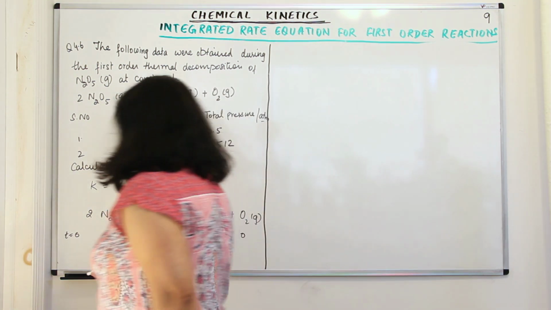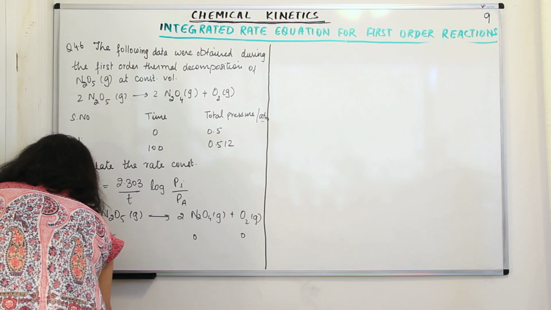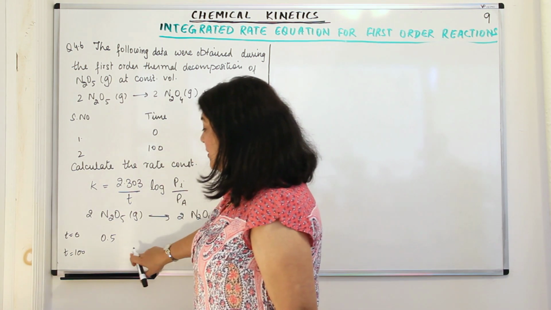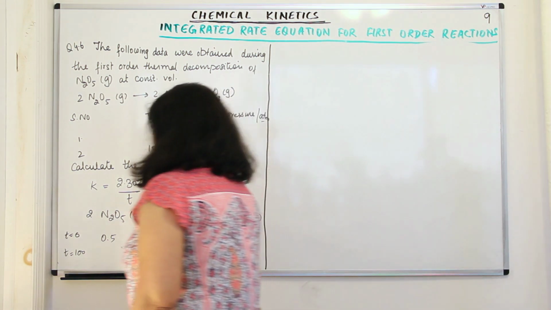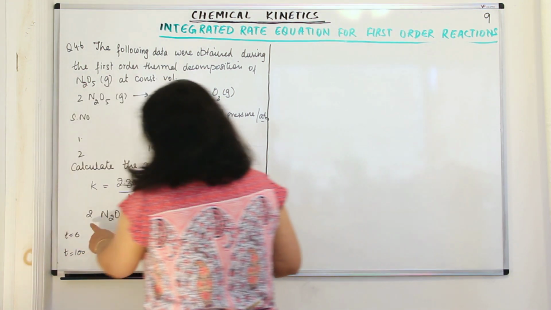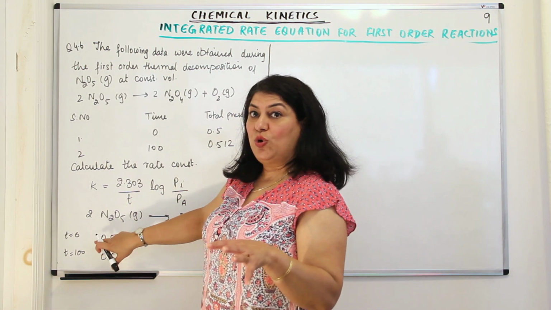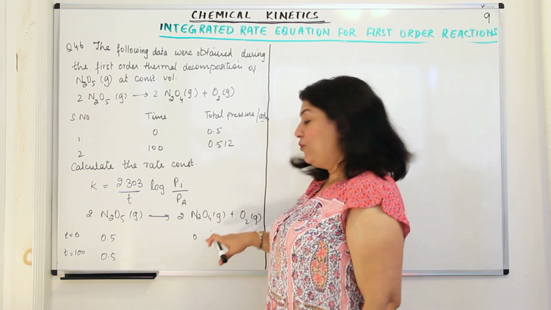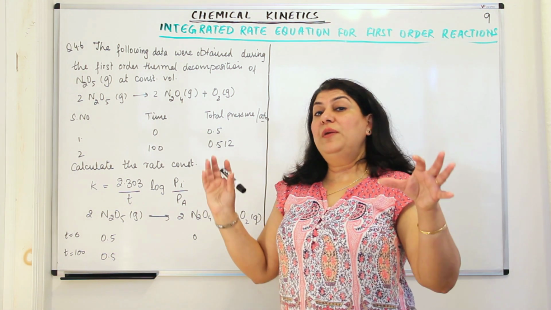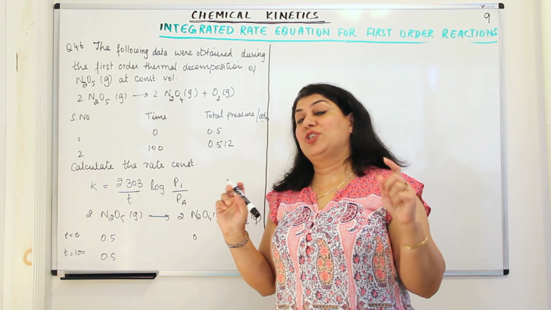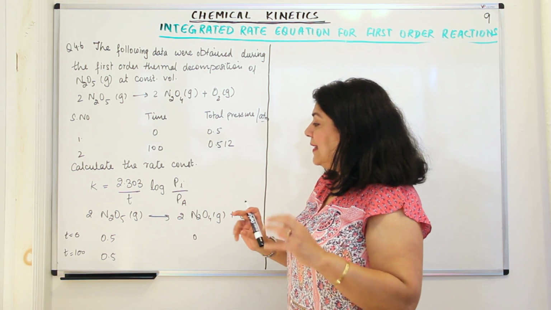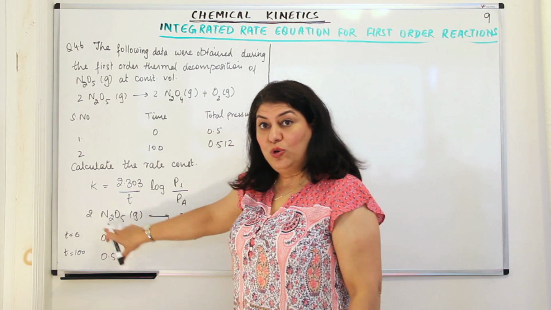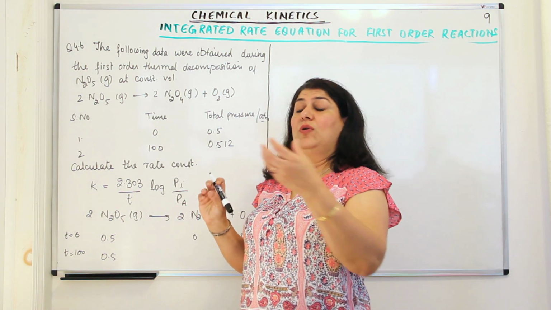But at time t is equal to 100, or T2, what would happen to N2O5? Some of N2O5 will be used. Now if 2 moles of N2O5 are used, you get 2 moles of N2O4 and 1 mole of oxygen. So the molar proportion and the proportion in partial pressures would remain the same. So let us say that out of 1 mole, x moles dissociates. Then out of 2 moles of N2O5, it would be 2x,